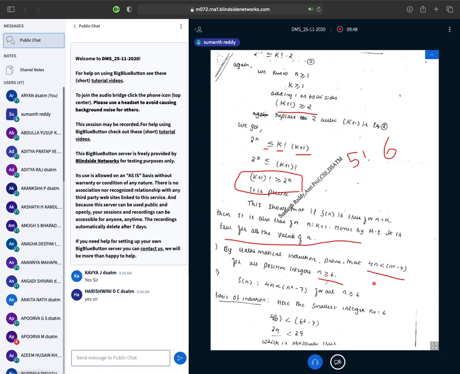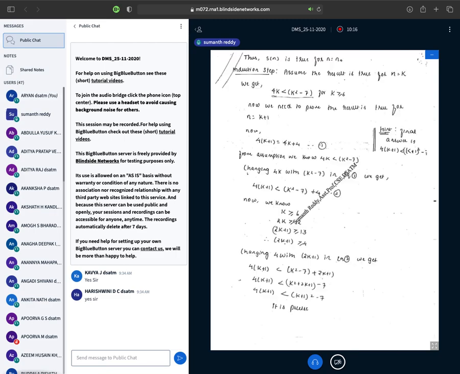See, in this question the least value is not 1, here the least value is 6. As we already know, in the basic step we replace the value of n with the least value, and we check whether we get a valid statement or not. So if I replace n with 6, what I will get? 4 into 6 is less than 6 square minus 7, that is 29. So 24 is less than 29. So this is valid, right? 24 is less than 29, that is correct.